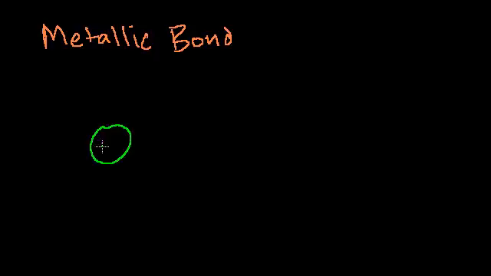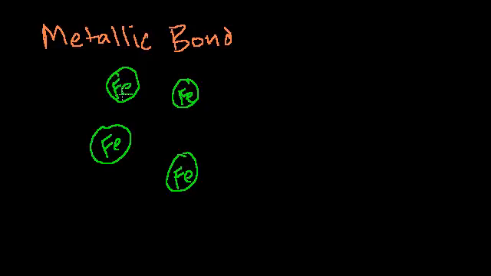And you have just a bunch of neutral iron atoms sitting around. And we established the one commonality of metals, what makes something metallic or have metallic characteristics, is that they have a bunch of electrons in their outer orbital that they're very giving, they're very happy to share. So if you put a bunch of these guys together, what happens is they share their electrons. So they all become positive.